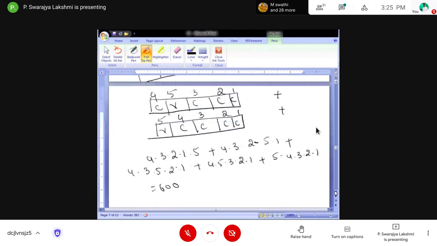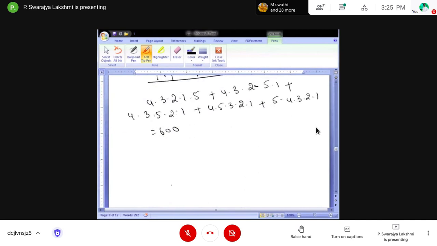So we have a 5-letter word: 1, 2, 3, 4 and 5. The first should start with E and the last should end with S. 1, 2, 3, 4, 5. Okay. So in total we are having 9 letters.